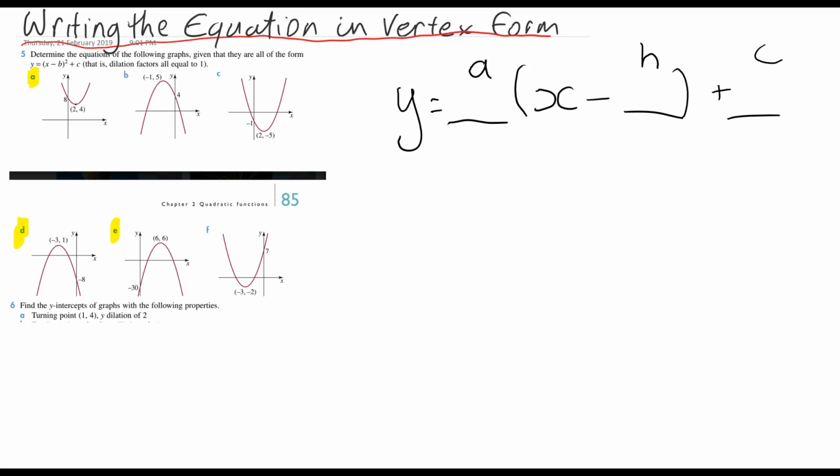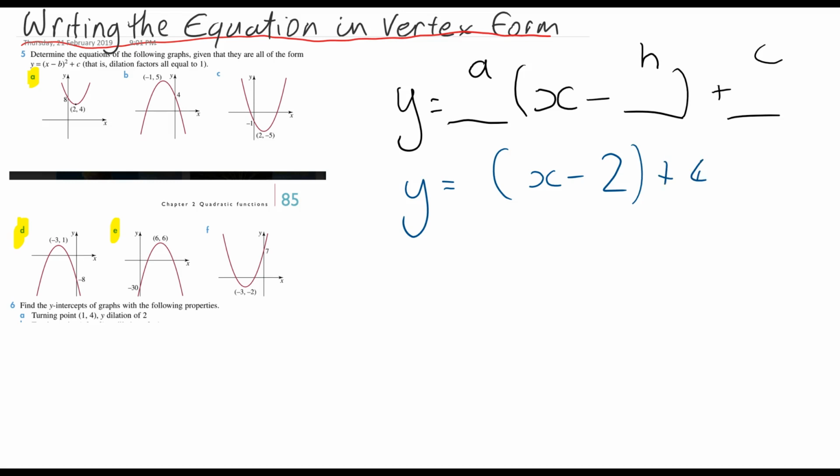I've got 2, which is the x value of our vertex. So I just go y equals a(x, now I'm going to put minus 2, because if it's a positive x value, then I put a minus. And if it's a negative x value, I put a plus, because this takeaway is part of the formula. It's minus from the formula, 2 from the vertex, and then